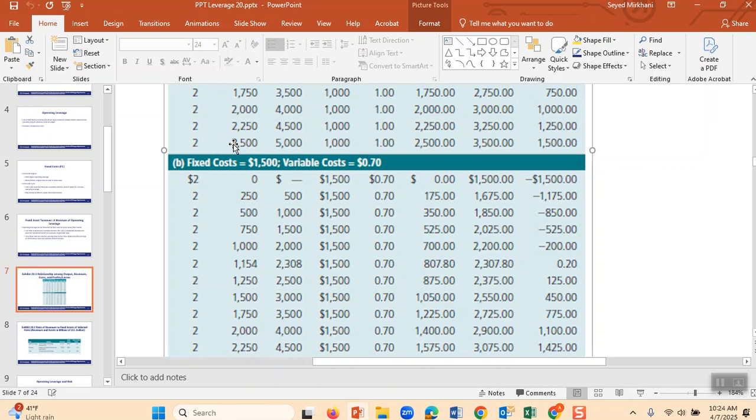had to sell 2,500. One second, please. One second, I got a